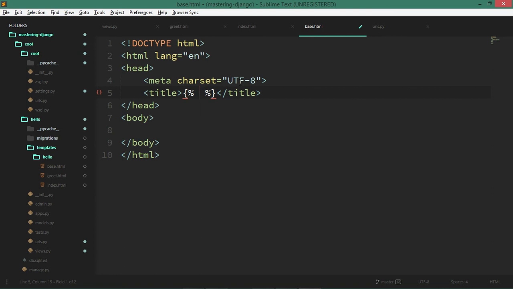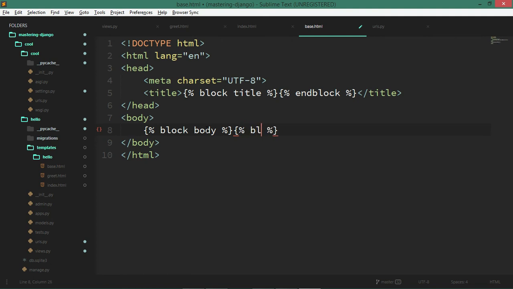So this is a wildcard inside which you can say a block. You are just defining a block, and you need to give this block a name. I'll just call it title. And HTML does not have any knowledge about white spaces, so we come inside and explicitly say that now I'm ending my block. It's endblock. So this is my title block, and very similarly I'll have another block for my main body. I'll simply call it main body. You can really call it anything as long as you have the block keywords inside it. We'll see an endblock.